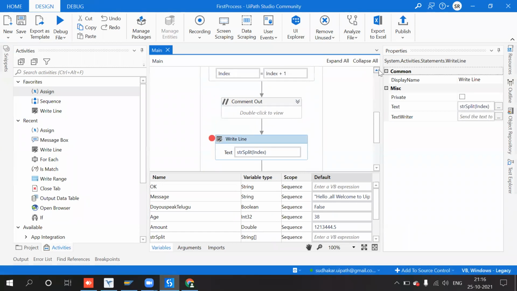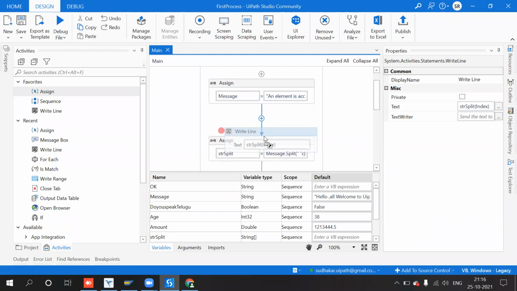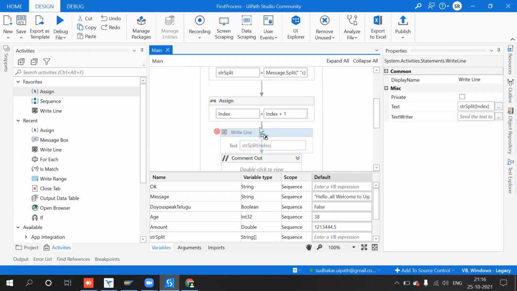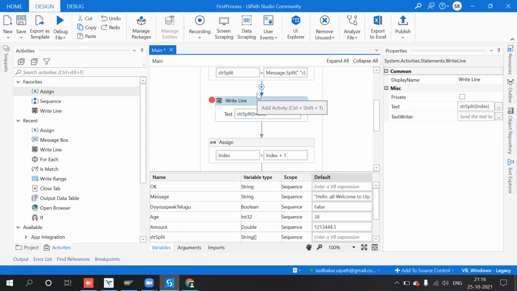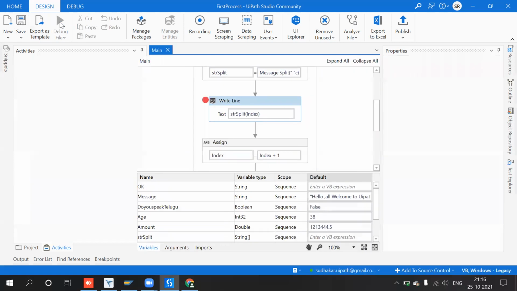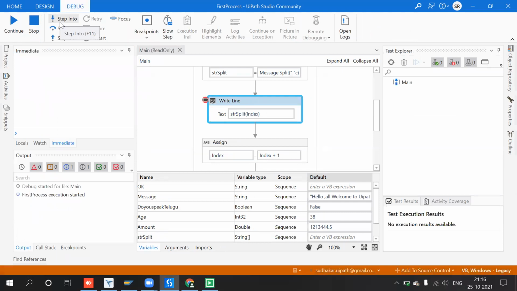So rather than that, what are we supposed to do? Okay, so now my battery is getting low. Step into.